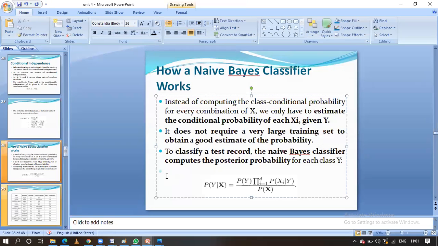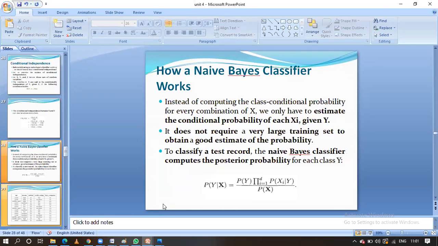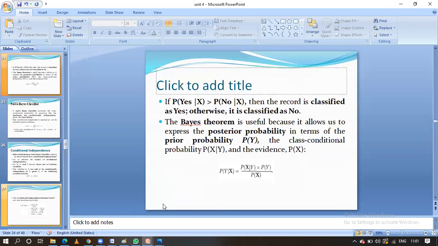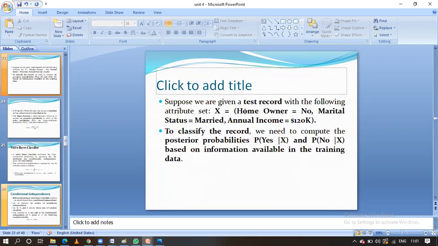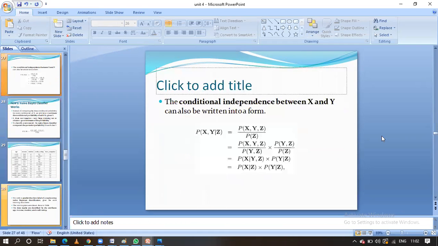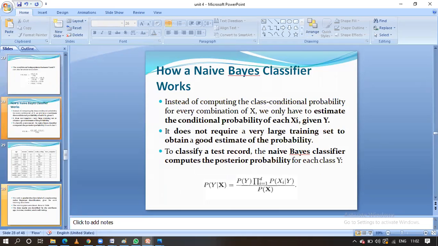For example, previously we have seen one example, right? In that, let me show what is xi and what is y. Each of these is an xi: this is x1, this is x2 and this is x3. Finally, y is this yes or no, which we call the class attribute. Yes means they are paying the loan in time. No means they are not paying the loan in time. Understand what is meant by x and what is meant by y: xi means each individual attribute of the test tuple and y means the class variable.